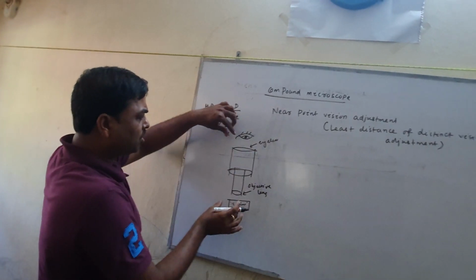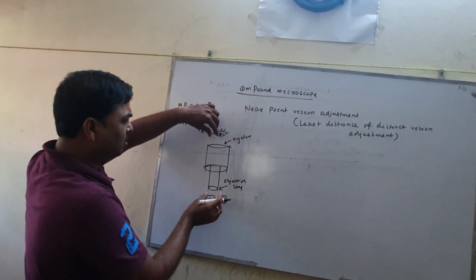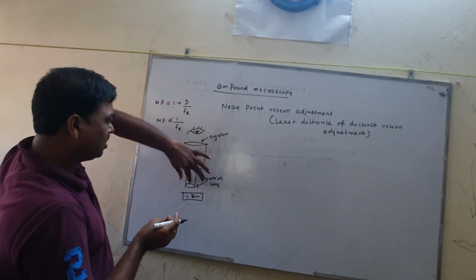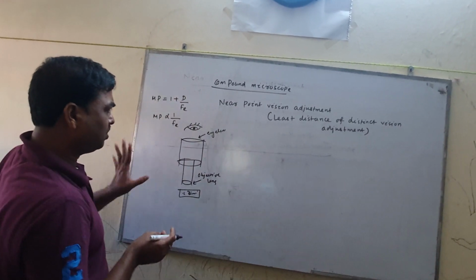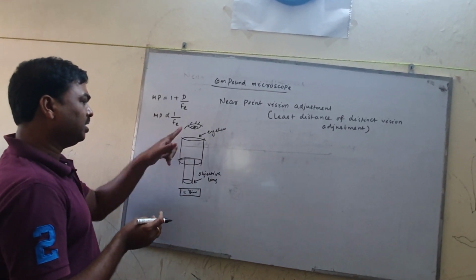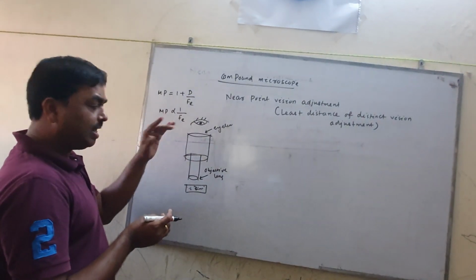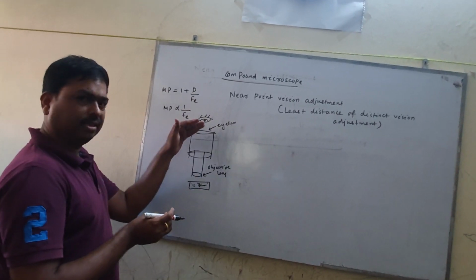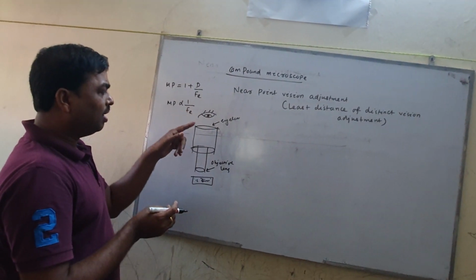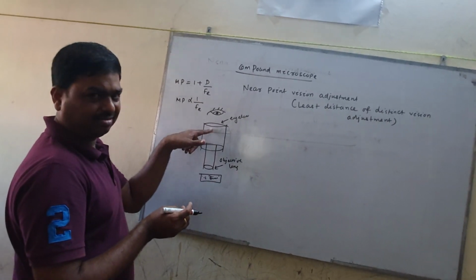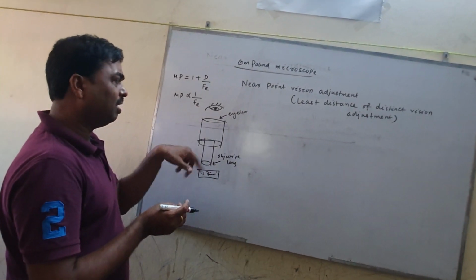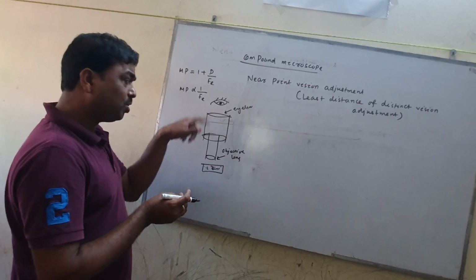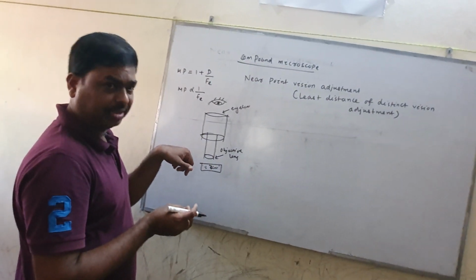So this compound microscope consists of two lenses fitted with two cylinders. One is sliding over another. The lens near to the eye is called eye lens. The lens near to the object is called objective lens. So compound microscope consists of two lenses: objective lens and eye lens. Both are convex lenses. Both have short focal length, but the objective lens has relatively shorter focal length than the eye lens, and both have small aperture, but the eye lens has relatively more aperture than the objective. Both have small aperture to avoid spherical aberrations.